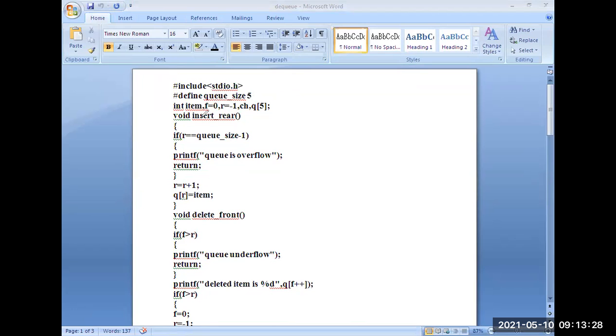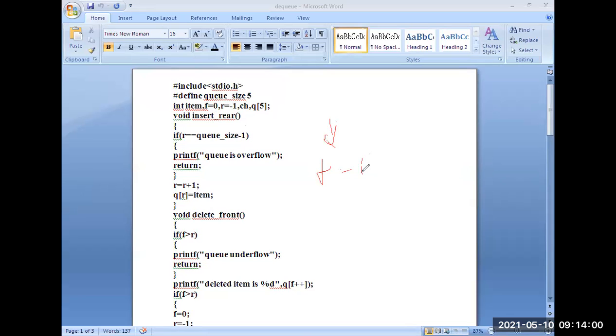Initially I am taking int as variable item, in which the data inserted into the queue is stored. I am taking initially f equal to 0 and r equal to -1. In some textbooks, some write f equal to -1.